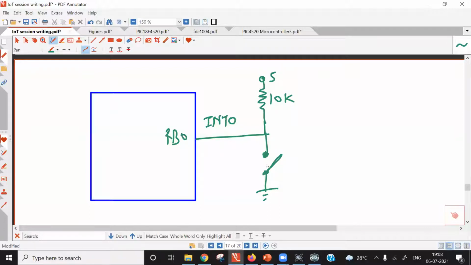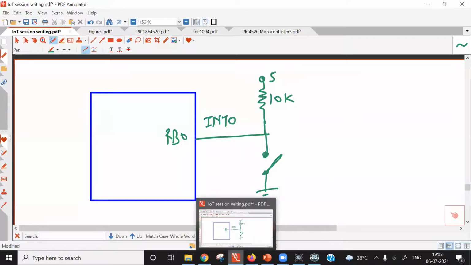So we'll trigger an interrupt on the RB0 pin. We'll first of all enable the interrupt on the INT0 pin. We'll trigger it, and then we'll detect it. After detecting the interrupt, we'll execute a program for that interrupt, and that subroutine is called the interrupt service routine. So we'll write an interrupt service routine for the INT0 interrupt, and for enabling the interrupt, there is a complete section on interrupt.